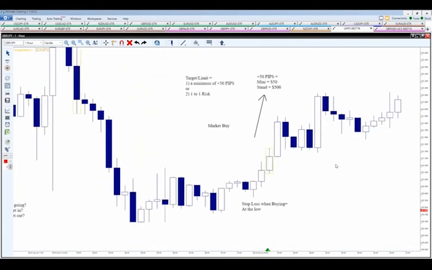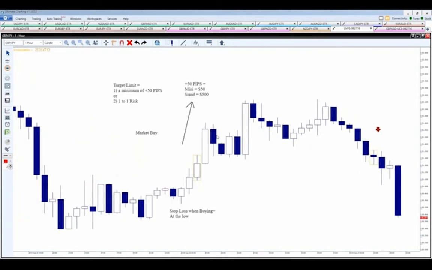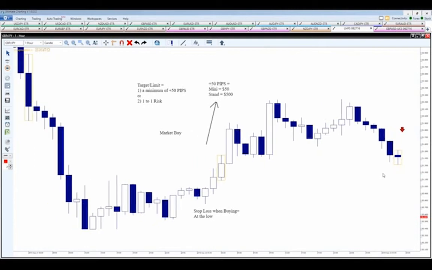In fact, let's see what happens here. Actually, yeah, it does go up. Went up just a little bit, a little bit more here, but let's bring this now to the next candle. So there was our first trade right there, just like that. Now I have enough time here. I'm going to show you one more quick trade.